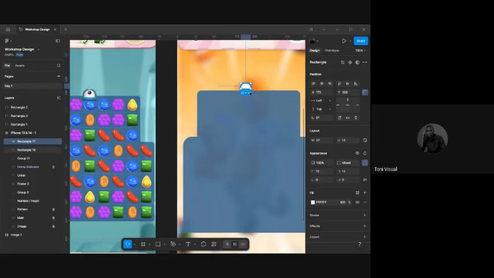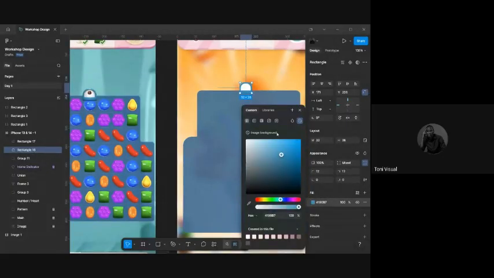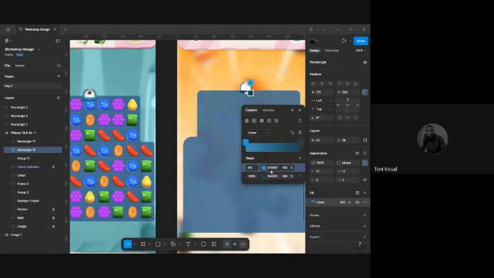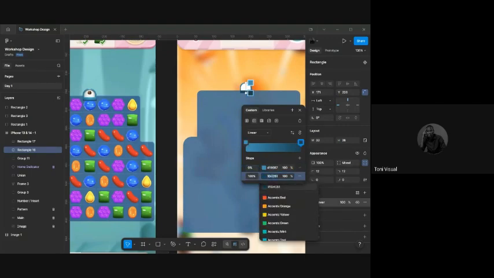So I'll add a corner radius on this. Gradient on the background aspect, the down aspect. So just come over here. It should be okay. So the main color is the top one. I'll just copy it and paste it on the down part. So the down part, I'll just copy